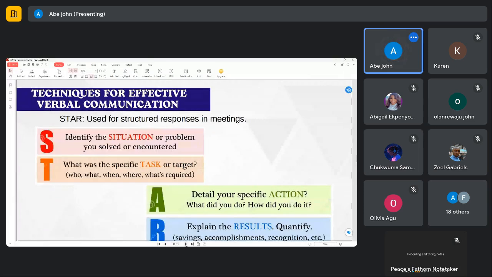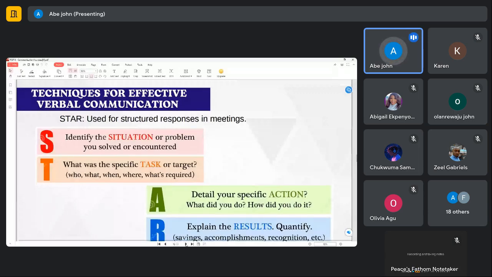Okay, now let's go to the techniques for effective verbal communication. We have the STAR method, where S stands for situation, T for task, A for action, and R for result.